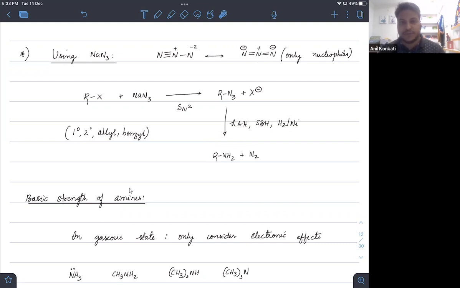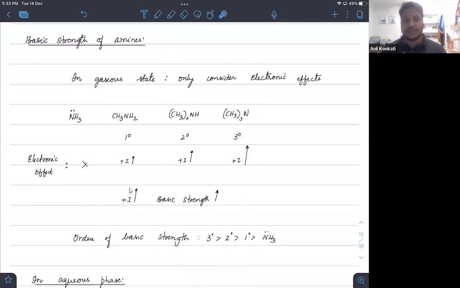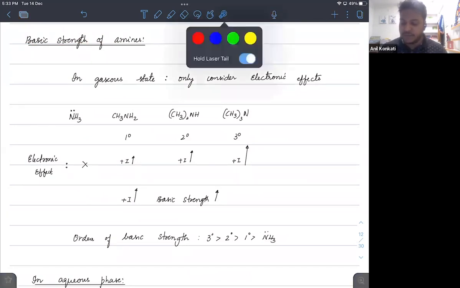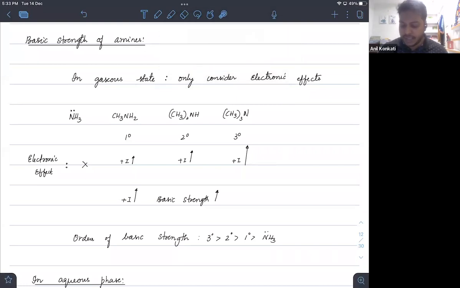Okay, so we have discussed most of the reactions as well as the preparations of amines in all the cases. Now, the next important concept from this, again based upon GOC, which we already learned, is the basic strength of amines, how we recognize the basic strength of amines. To understand it, we have to take it in two phases, either in gaseous state or a liquid state. In gaseous state or also in aprotic solvent,